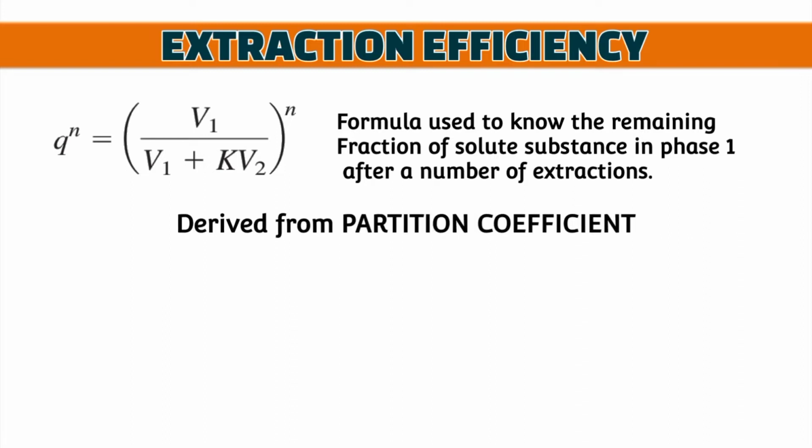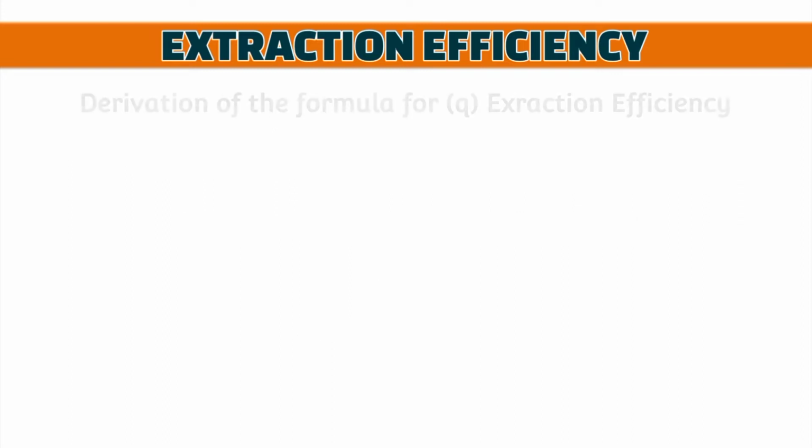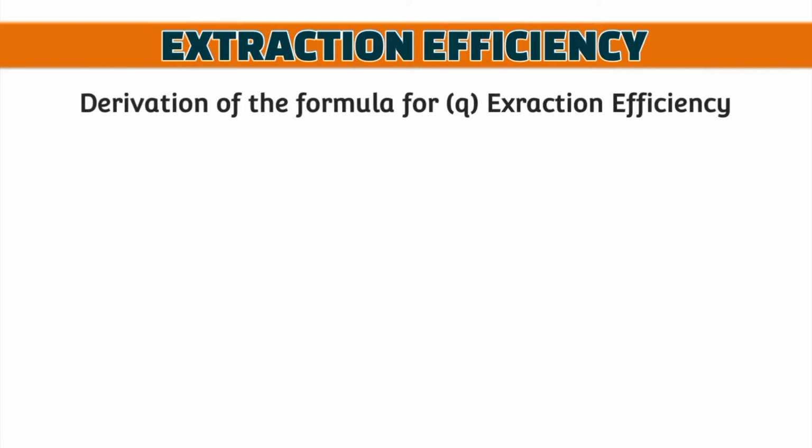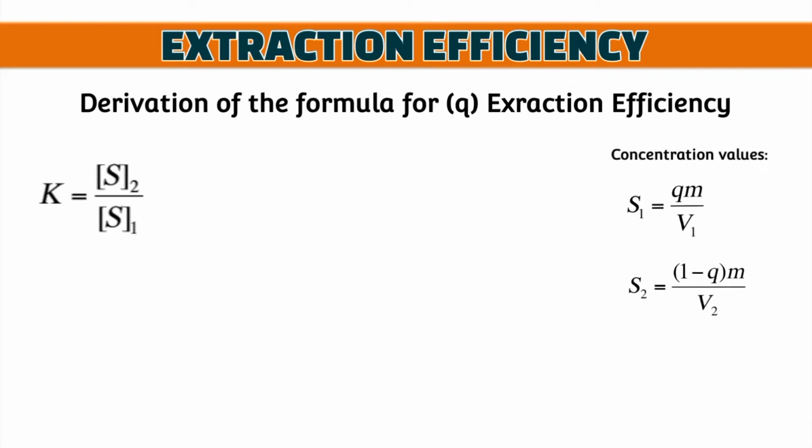This formula was derived from the formula of the partition coefficient, which is K equals the equilibrium constant of the solute partition in phase 2 over the solute partition in phase 1. Let's discuss how this formula was derived. The formula for the partition coefficient is the start of this. Now, we must write the partition coefficient in terms of concentrations by substituting the concentration values of S1 and S2